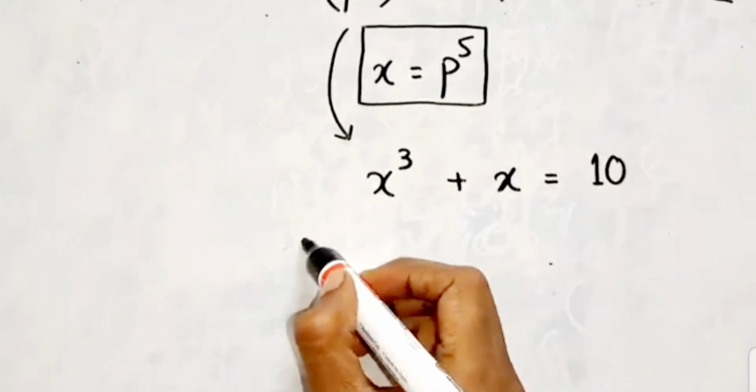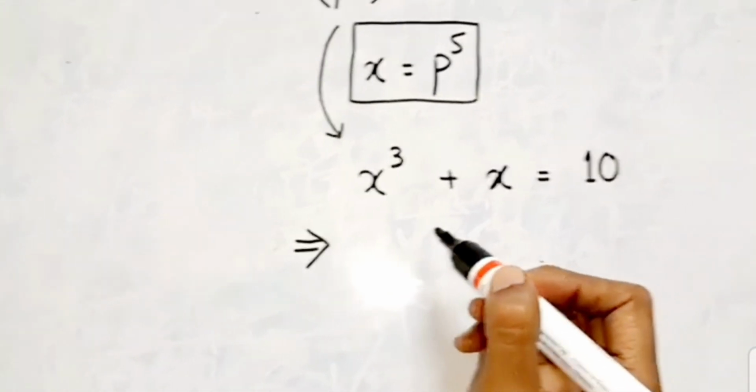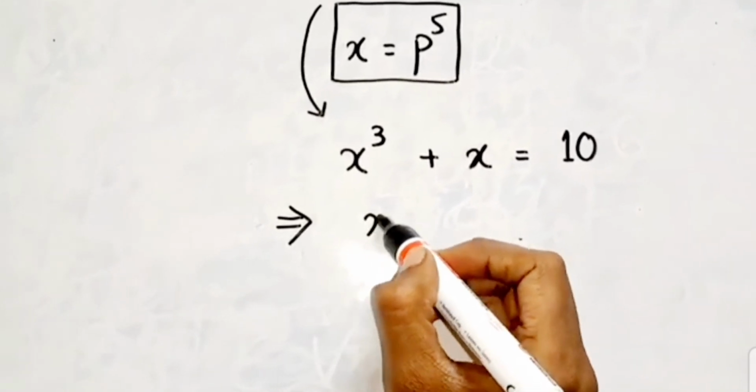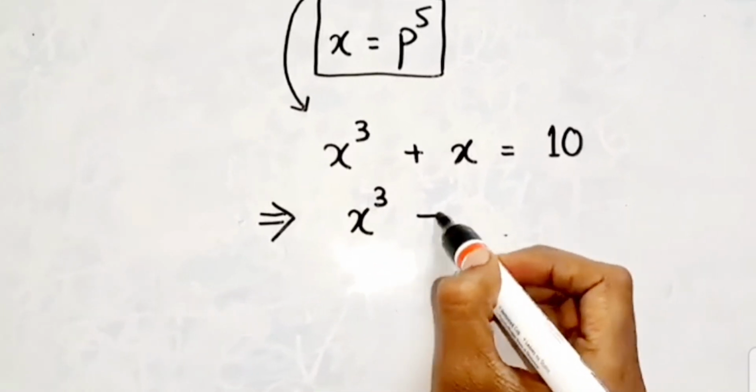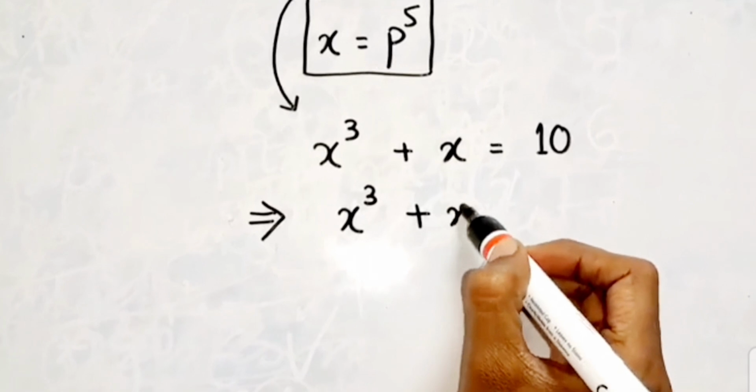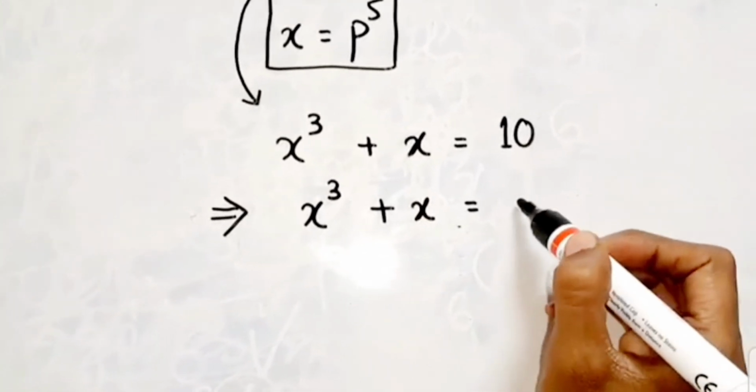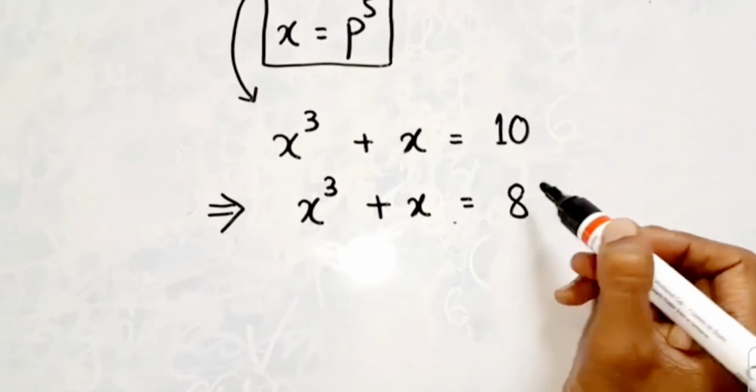Okay, so now we can take x cube plus x and write this as 8